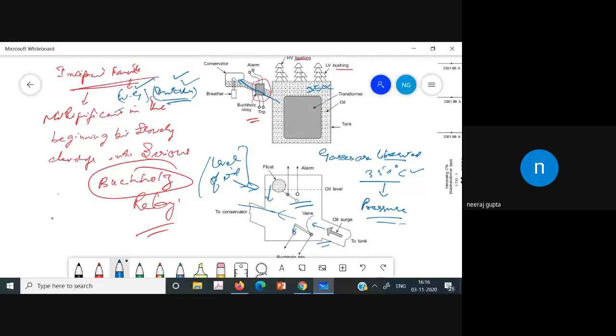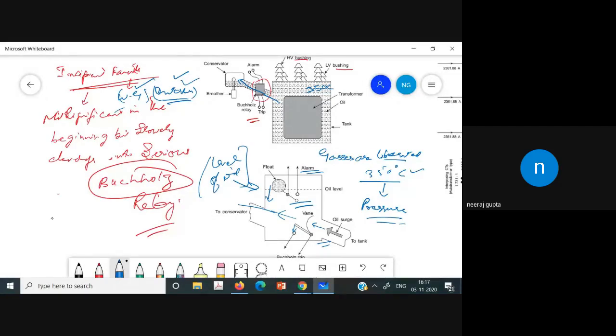However, the loss of the oil will sometimes cause the transformer temperature to rise, but it doesn't warrant immediate tripping because it is not a fault. So normally these contacts are wired to the alarm, which alerts the operator that the oil is low in this transformer. This is how this Buchholz relay is operated.